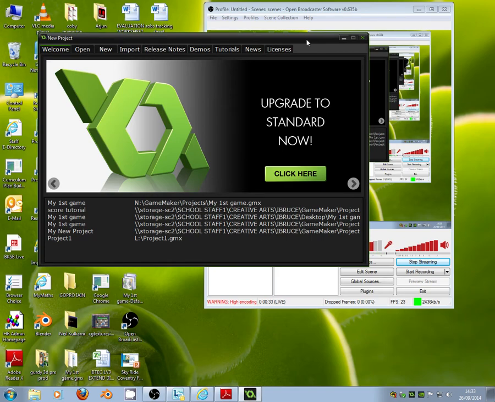The main objectives of this lesson are to help you understand what a 2D game engine is, to help you understand the difference between sprites and objects, and to help you see how you can set up a very simple rule and how you can add some very simple events and actions to the player's object. So the first thing we need to do is go over to this new tab over here